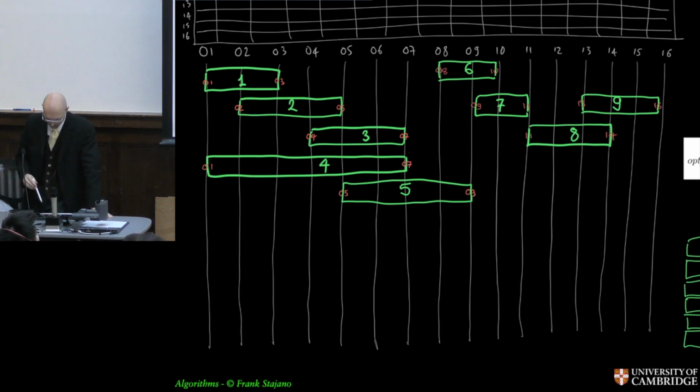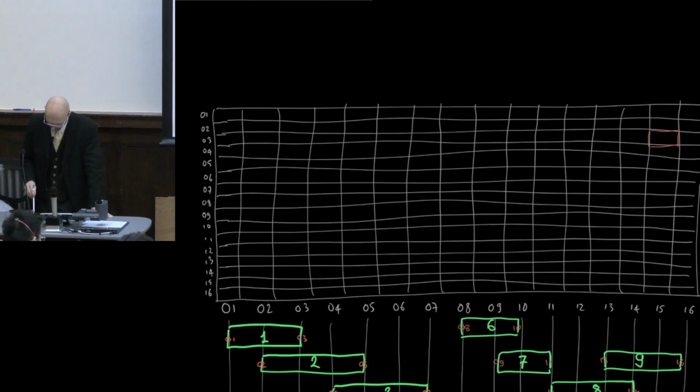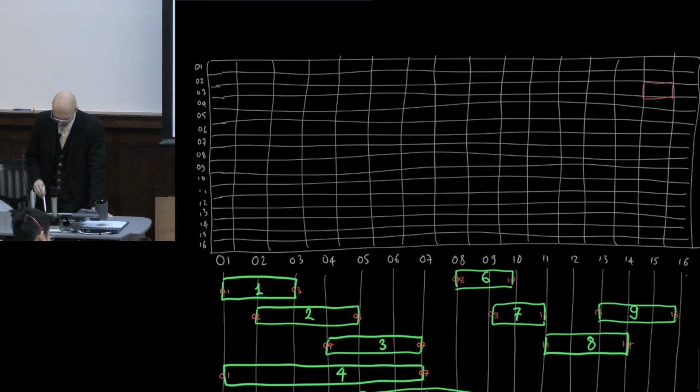So to do that in a bottom-up fashion, what I would do is, again, build a matrix. And here the matrix would have, again, it's indexed by the activities in both the columns and the rows. And each cell in this matrix says, for example, this one would say 3 15. So the meaning of 3 15 is if I look at